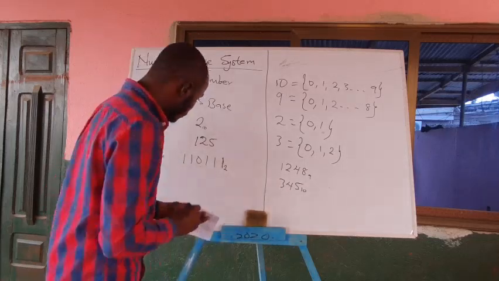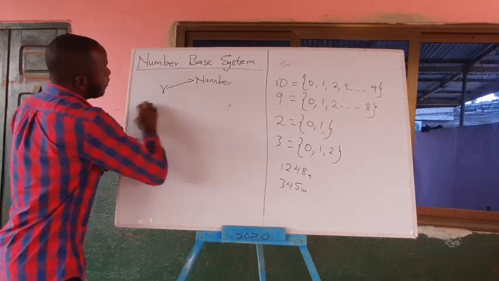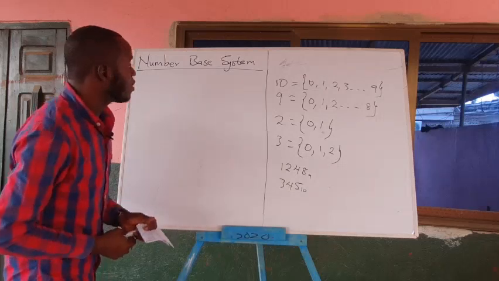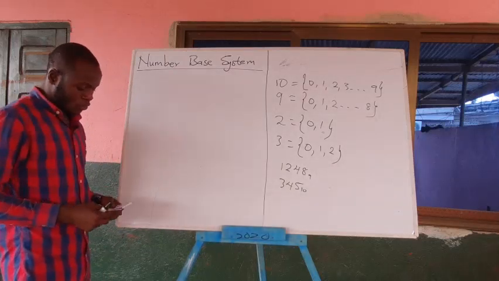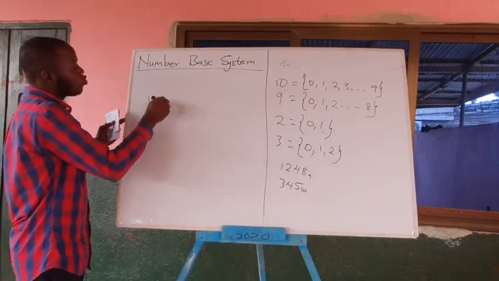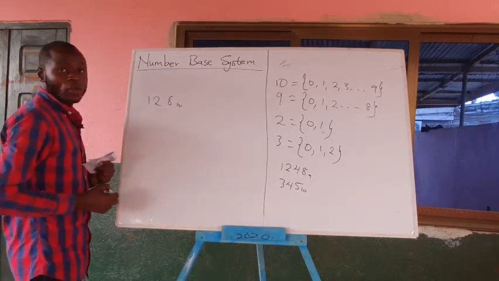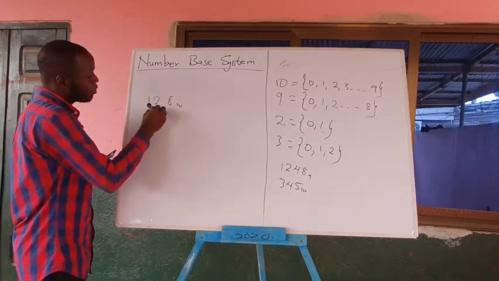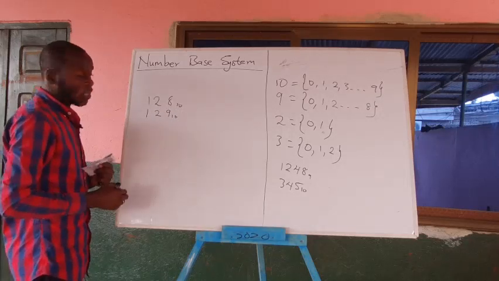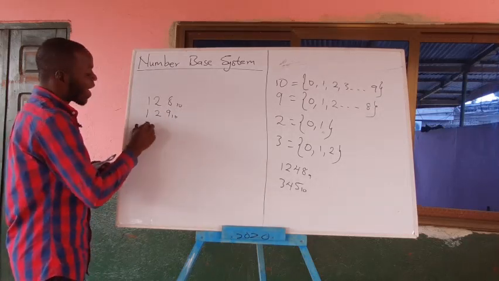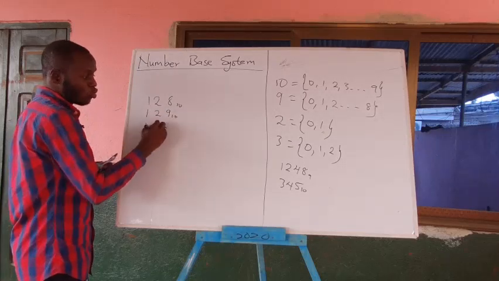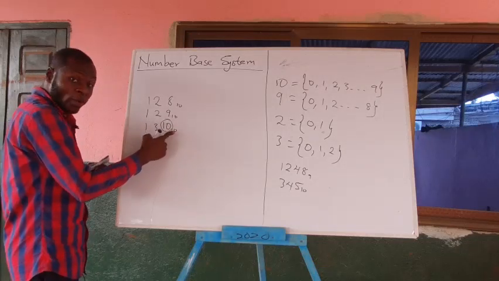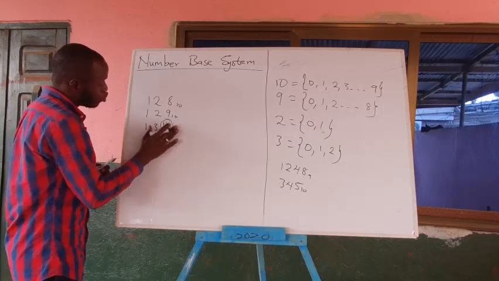Now let's look at a very short notice, which we've been dealing with from our primary schools and other educational levels. If you have a value like 128 in base 10, and we are looking for the next value, we add 1, and it will be 129 base 10. If we add 1 again, it will be 130. When we add 1 to the 9, it's supposed to be 10, but remember we are dealing in base 10, so the digit can never get to 10. So what we have to do is